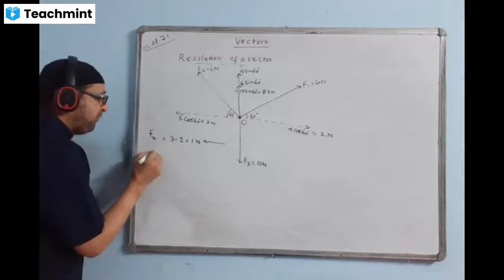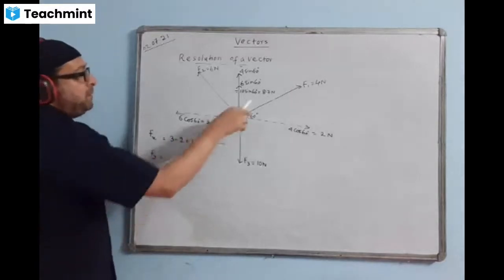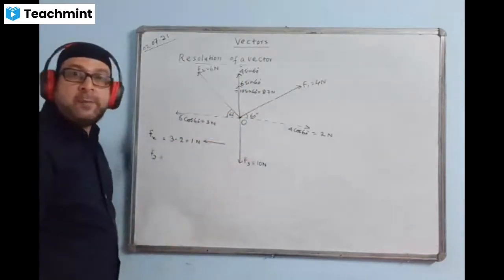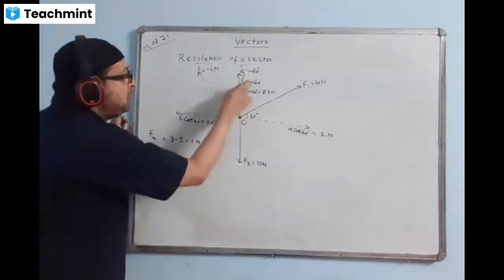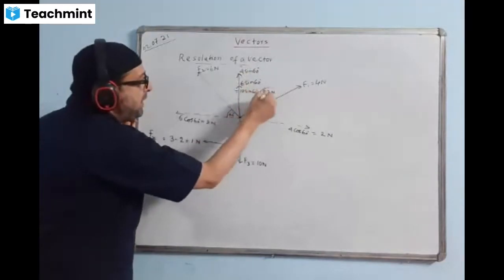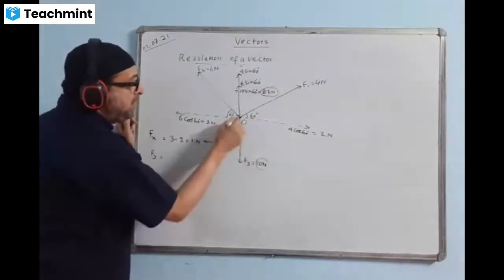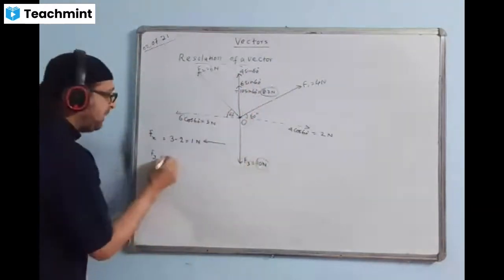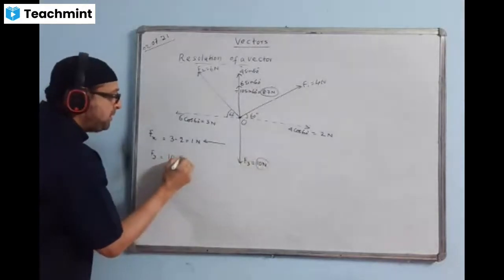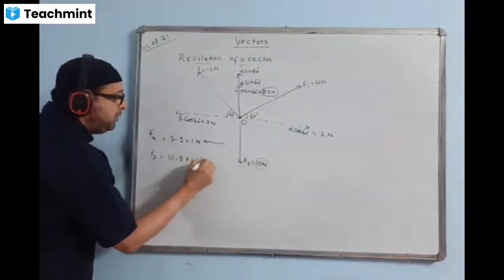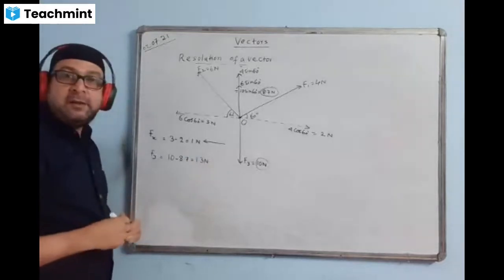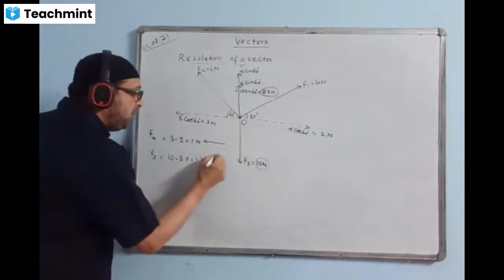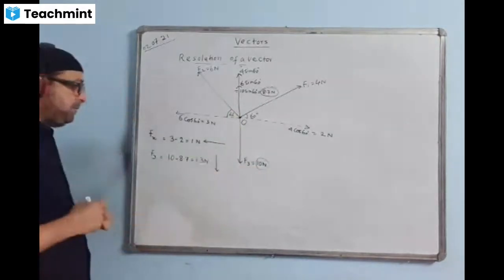Now we will do Fy. 8.7 Newton is up, 10 Newton is down. Again, they are in opposite directions overall. These two are added because of the same direction. The total answer comes 8.7, and here it is 10 Newton. 10 Newton is downward and 8.7 Newton is upward. Bigger is 10 Newton. I do 10 minus 8.7. The answer comes 1.3 Newton. Which direction will dominate, downward or upward? We say the downward direction will dominate. Very good. I'll draw the downward here like this way.